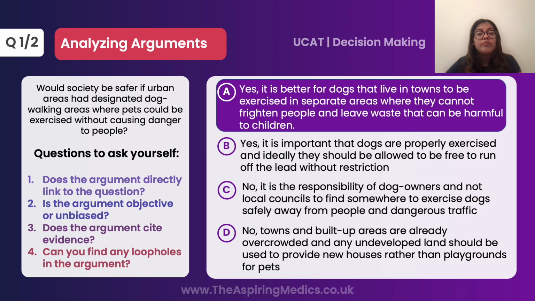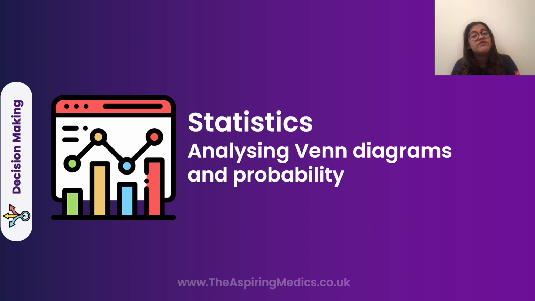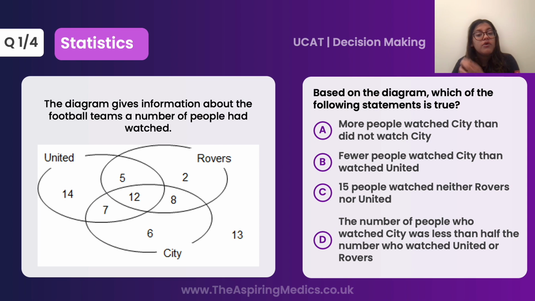And now finally, moving on to our last type of question, which is statistics, where you analyze Venn diagrams and you have probability based questions. So let's look at our first question. This diagram gives information about the football teams a number of people had watched, and you have this Venn diagram. And based on the diagram, you need to decide which of these statements is true. So what we're going to do is go through each of the answer choices and calculate and see if the